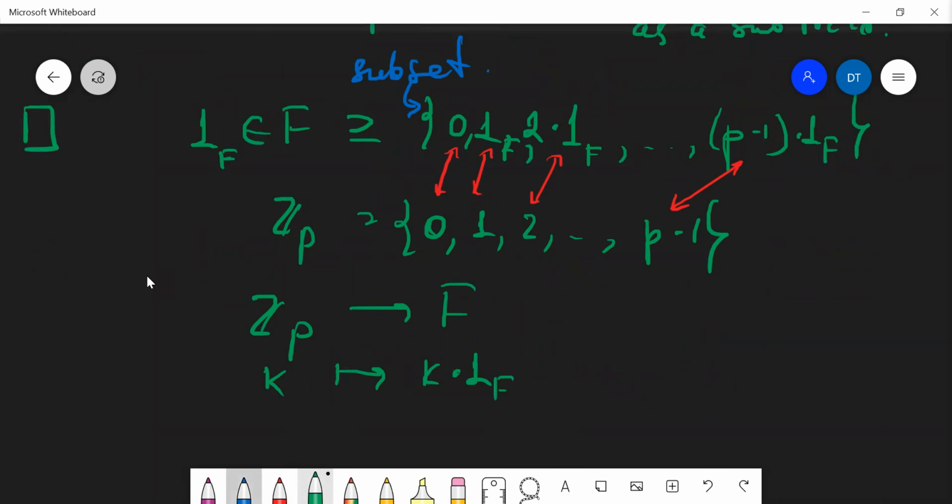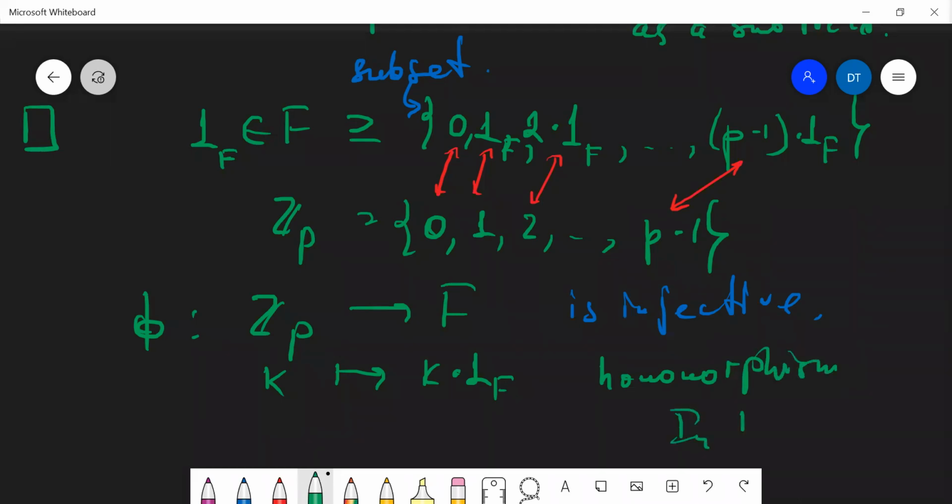It's clear that this map is injective. Let me denote the name of this map by phi. Now, if I show you that this map is a homomorphism, so it preserves addition and multiplication, then it will be an isomorphism to the image. So if I show you that it's a homomorphism,